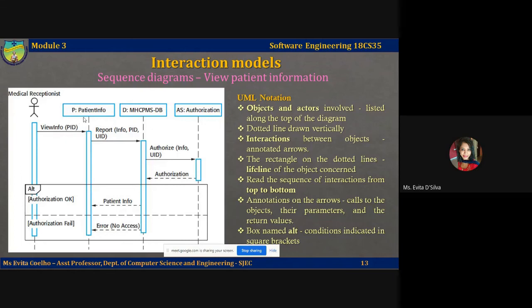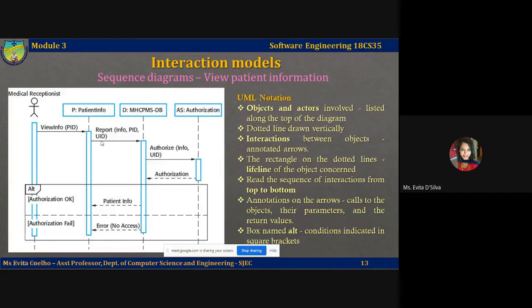P is an object of the patient info class, which further triggers another method called report, having the parameters info, PID, and UID. UID might be the user ID of the medical nurse or the receptionist. PID is what is extracted from the first message, and this message is triggered from P, that is the patient info class object, to D, which is the database object.